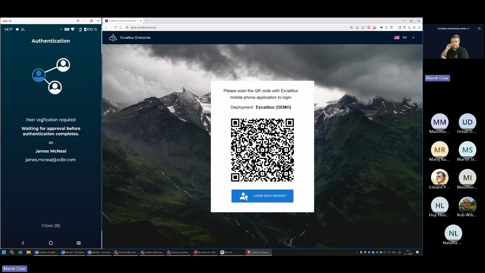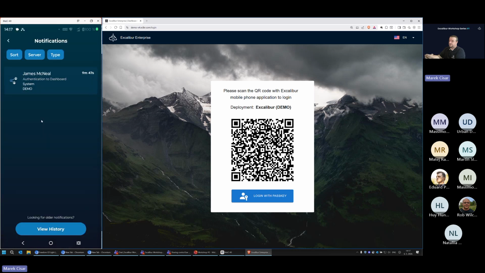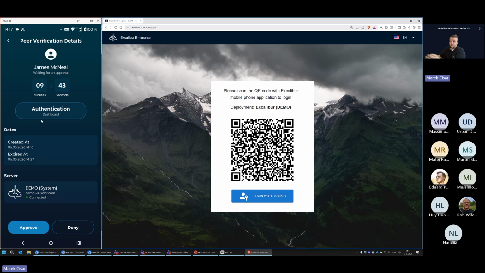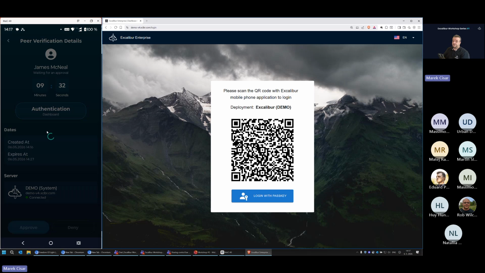Okay, there is a peer verification required to log in. Let's confirm the peer verification. I will do that on my phone, but with a different user. And I will select that user for peer verification like such.